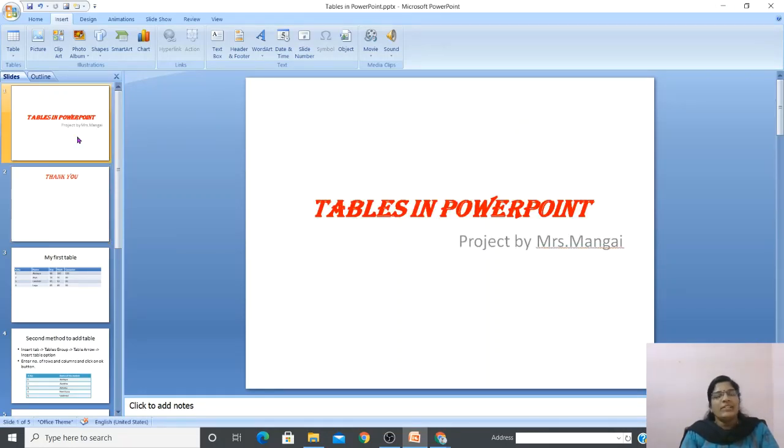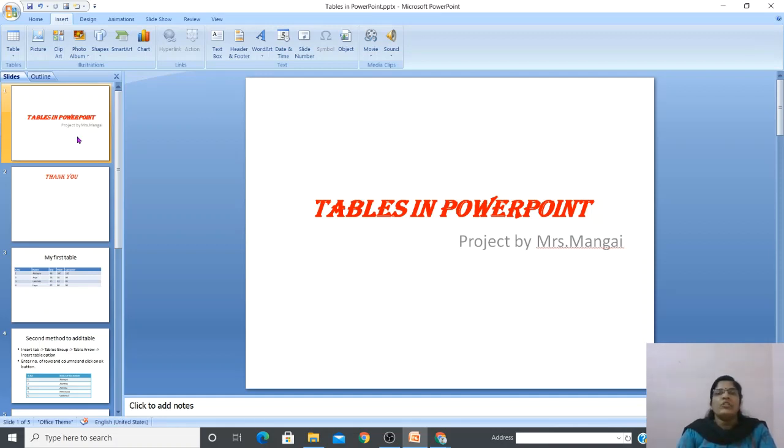Is it clear, students, how to add a screenshot or a screen clipping in your PowerPoint presentation? That's good. Let's move on to the next topic, which is called creating photo album. So you know what is meant by photo album, right? You might have done it in your smartphones. You take multiple photos and you use a particular template and make it as an album. The same thing you can do with PowerPoint also.